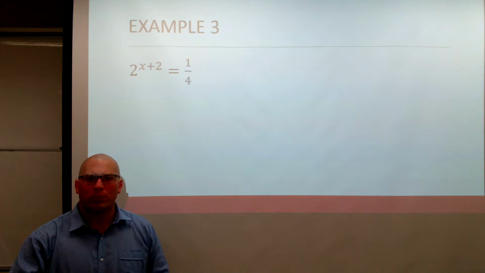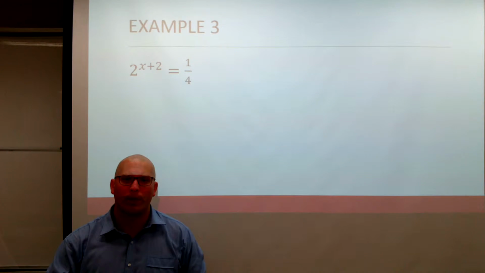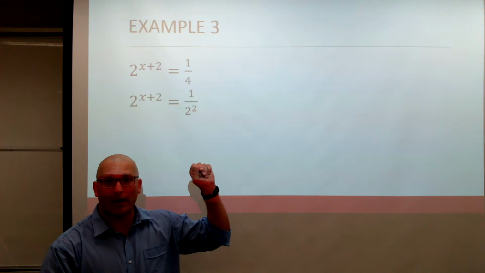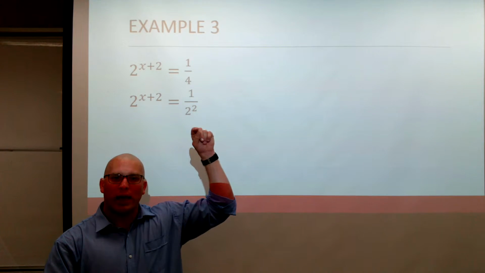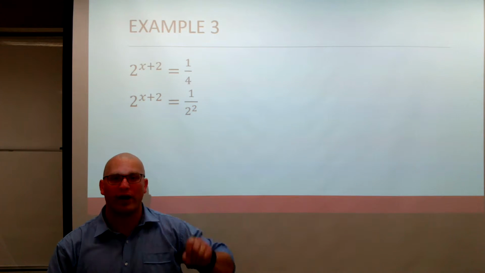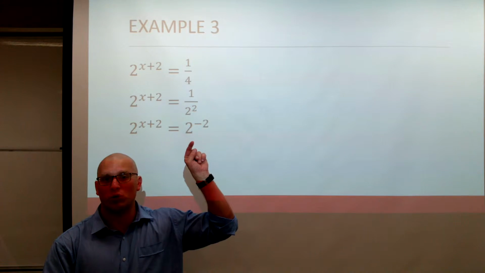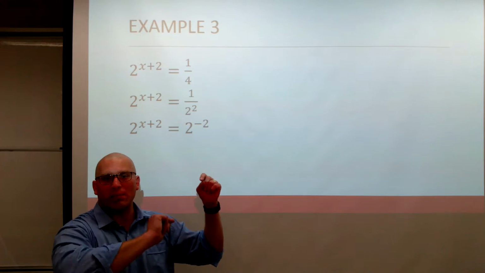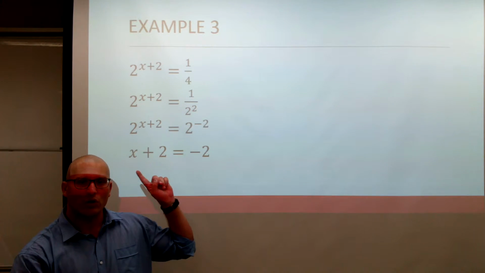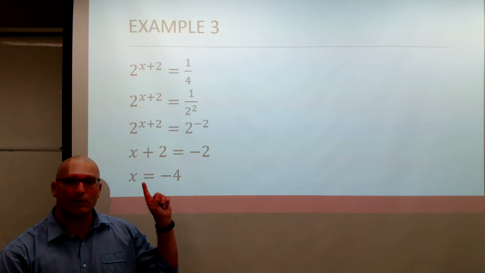A little bit trickier now. Here we have 2 to the power of x plus 2 equals 1 over 4. So again, we know that we can write 4 as 2 to the power of 2. By using our denominator index law, we can take this, move it up to our numerator, changing the sign of our exponent, giving us 2 to the power of x plus 2 is equal to 2 to the power of negative 2. Same base again, they can be ignored, just look at the exponents. So x plus 2 is equal to negative 2,